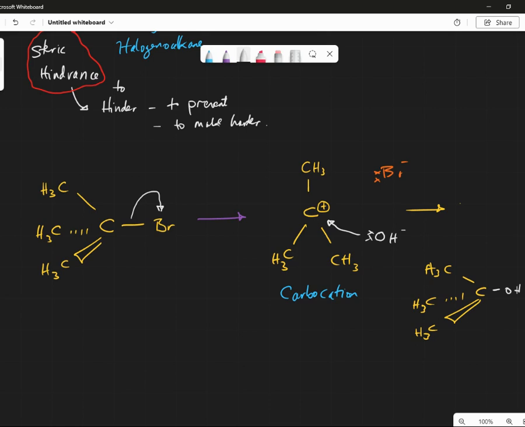Well, once again, it is a nucleophilic substitution reaction. So it's going to be called SN. But in this case, there's only one species which is in the rate determining step. So the rate equation for this would be rate equals rate constant